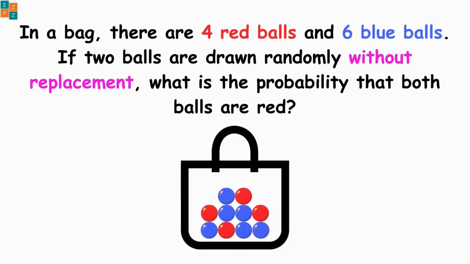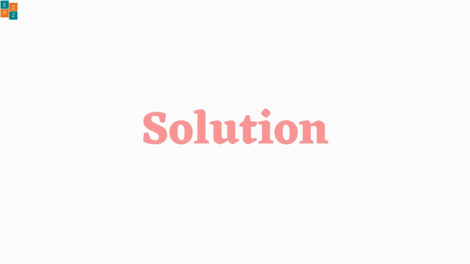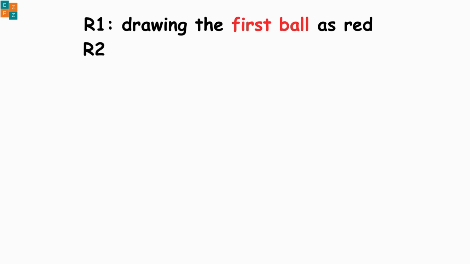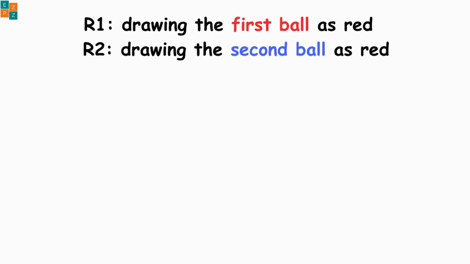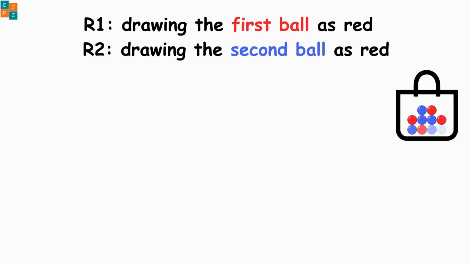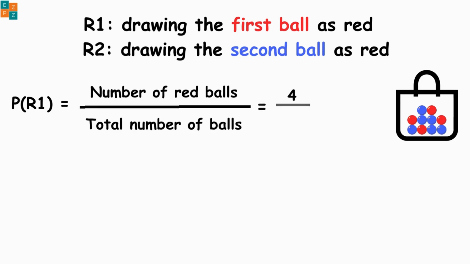In a bag, there are 4 red balls and 6 blue balls. If 2 balls are drawn randomly without replacement, what is the probability that both balls are red? Let's denote the events. R1 is drawing the first ball as red and R2 is drawing the second ball as red. We want to find the probability of R1 intersection R2, the probability of both events happening. Initially, there are 10 balls in the bag, 4 red plus 6 blue. So, the probability of drawing a red ball on the first draw, probability of R1, is equal to the number of red balls divided by the total number of balls, which is equal to 4 by 10,